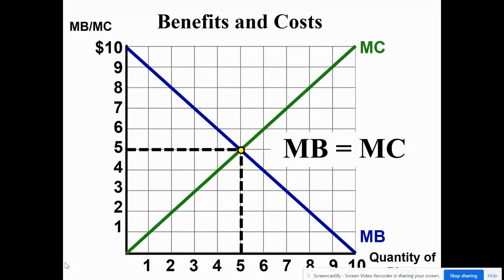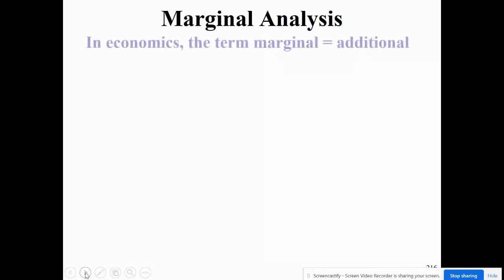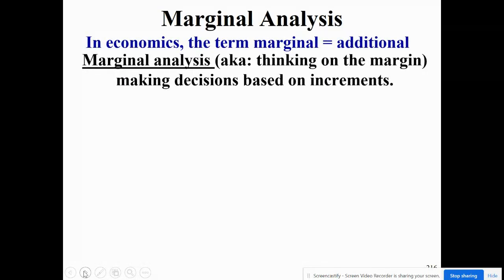So if we can't be right at a specific number, like 5 pieces of pizza, if we're at like half a pizza or something like that, we would take the next one below it. So even so, we might have marginal benefits slightly greater than marginal costs in that instant. So we have to look at the marginal analysis and our consumer choices of what we're doing. So everything we talk about, marginal analysis, we're talking about thinking on the margin, making decisions based on increments,